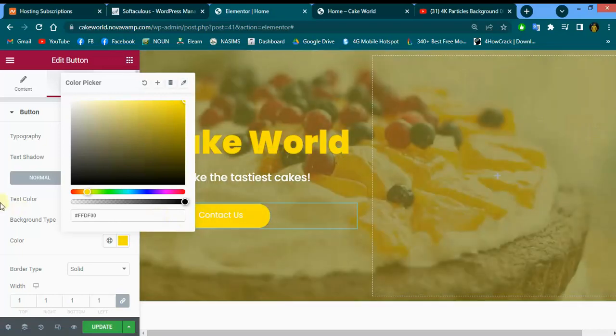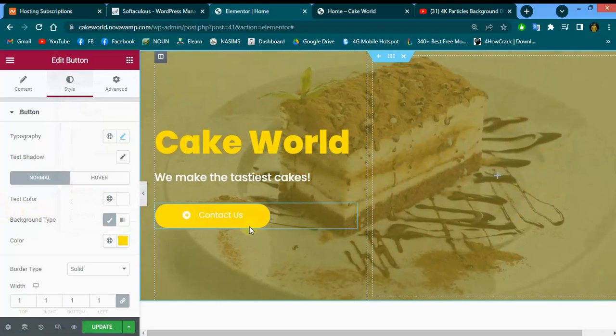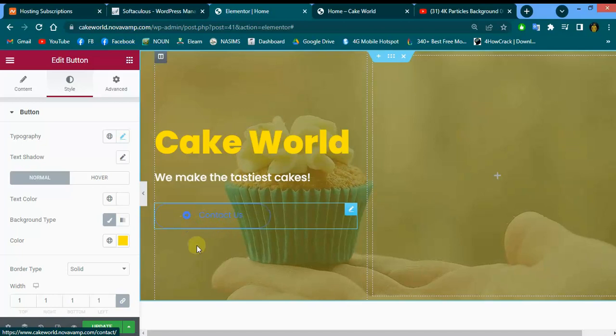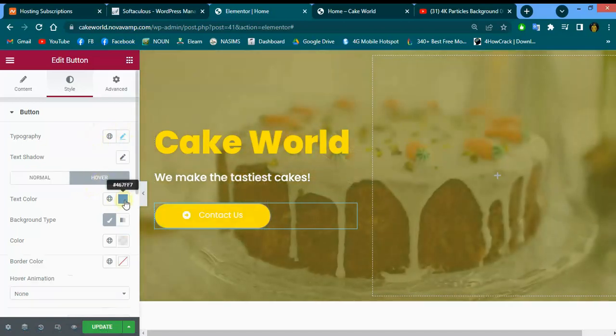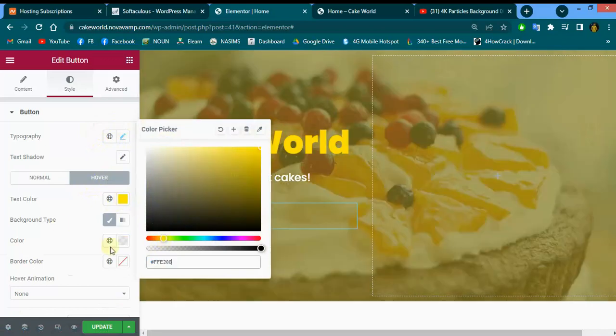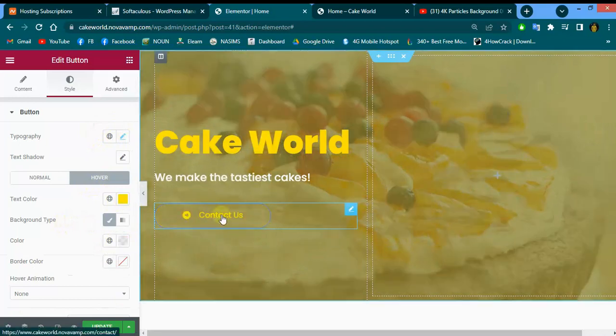Then it has a hover. A hover makes it transparent. You can see a hover makes it transparent. So let's change the hover transparency. Go to hover, change the transparent color to this color as well. Then let's change the text color to be this,